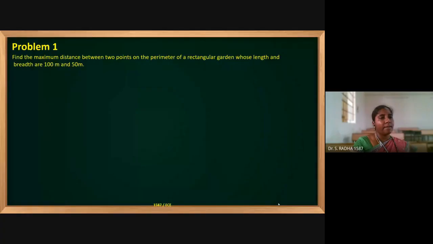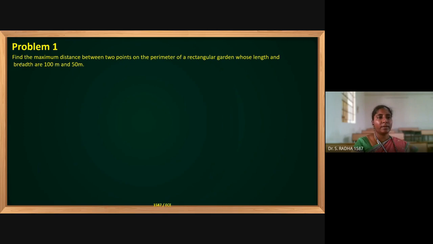Now, with respect to two-dimensional, all the diagrams that we have seen in detail are two-dimensional: triangle, circle, square, rhombus, rectangle, parallelogram, trapezium. So all this two-dimensional we have seen. We will try to do some problems in the two-dimensional diagrams. Three-dimensional is cube, cuboid, cylinder, cone. All this will come in three-dimensional.